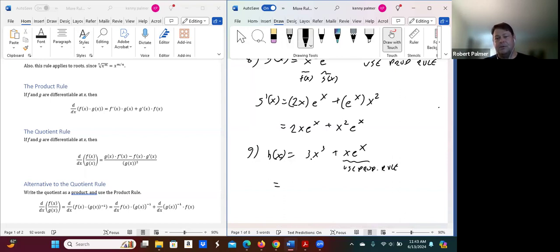Okay, so start. So h prime of x. Okay, so we take the derivative, kind of 3 passes through, so it's going to be 3. Then the derivative of x is 3x squared. Okay, plus, now,